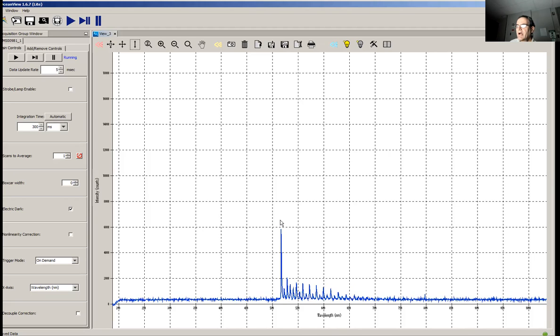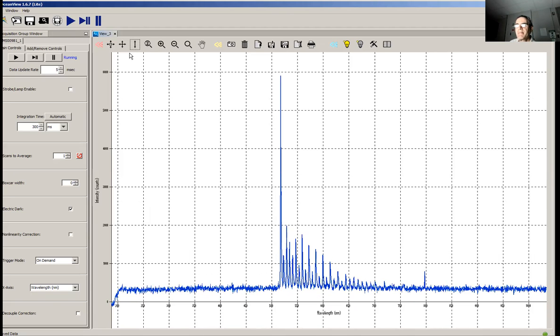You see a sharp line, a larger sharp line that's at the laser frequency. And then there are a number of other smaller sharp lines with lower amplitude at longer wavelength. These come from the fluorescence of the iodine, whereas the first one is laser light that's scattered by the iodine molecules themselves. Here, let's rescale this, and then let's